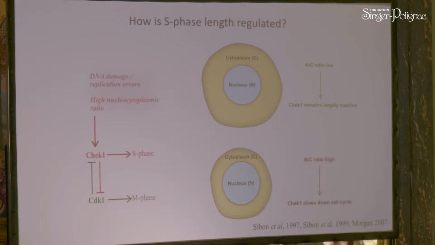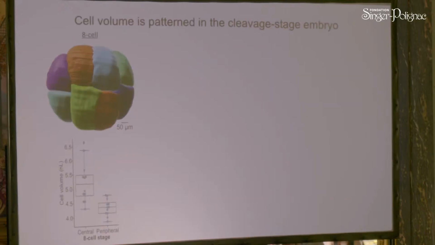So presumably this would translate into the idea that cells have a preference to be a little bigger at the animal pole than at the margin, and this could then explain where the S-phase lengthening is coming from. All speculation at this point, and what he had to come up with is a couple of good experiments to challenge this hypothesis. And the first thing he did is he looked at the size of the cells, because that was